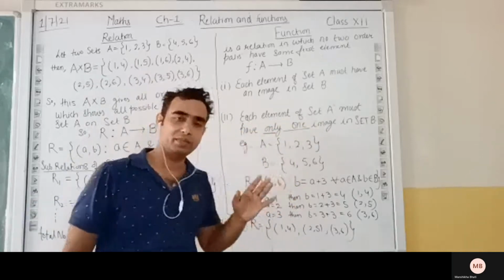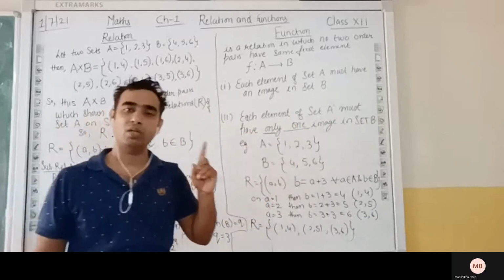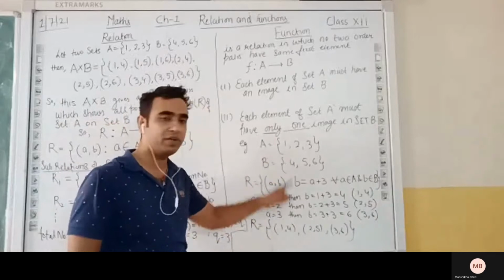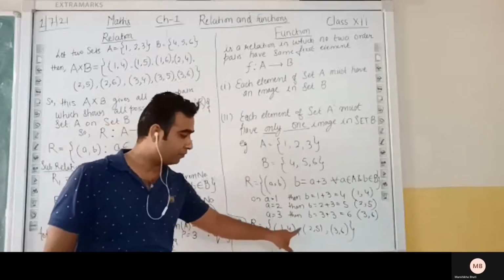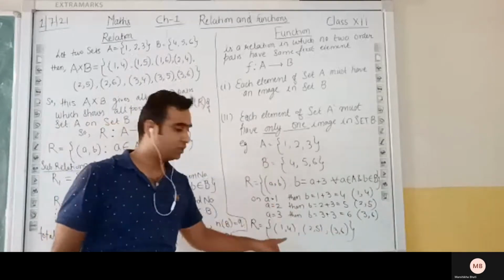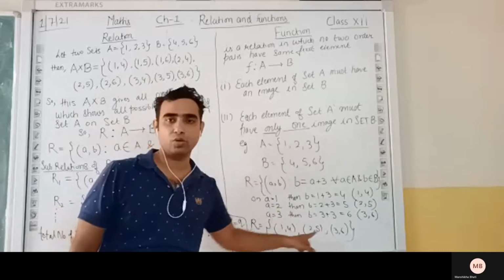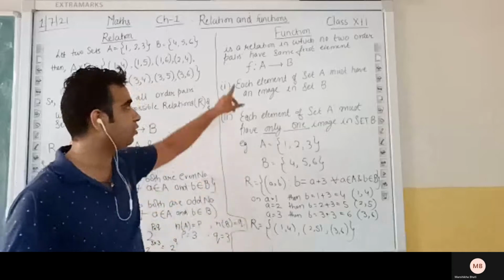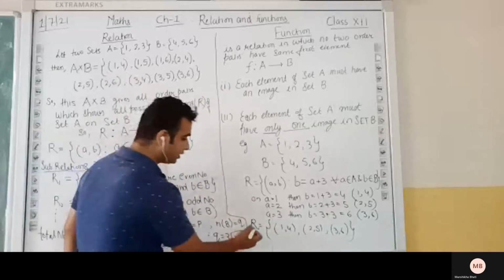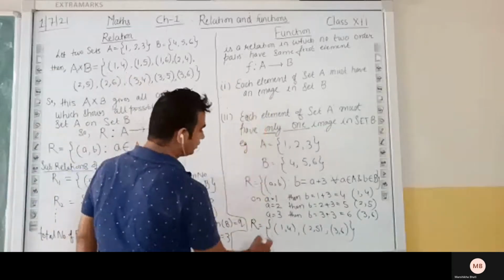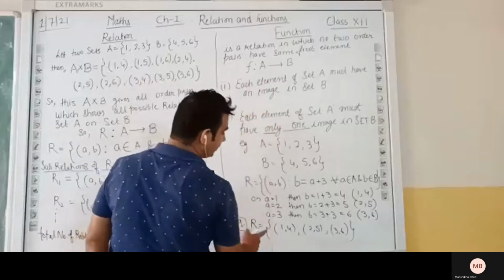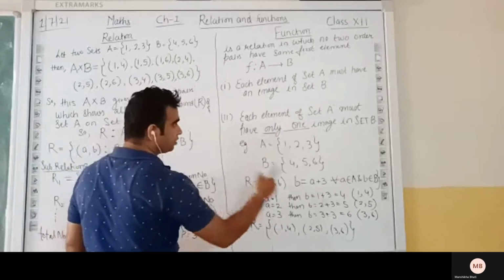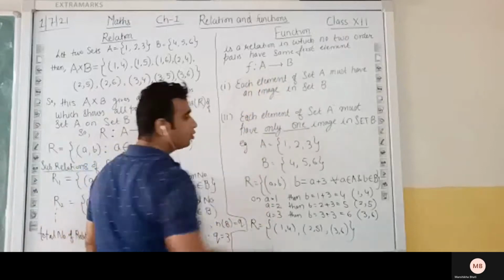सेट A के सारे एलिमेंट्स में से हर एलिमेंट जो है वो केवल और केवल एक ही इमेज बनाना चाहिए अपने सेट B के अंदर। So they are making only one image as the first element. यहाँ पे फर्स्ट एलिमेंट किसी का भी रिपीट नहीं हो रहा है। चेक करो, यहाँ पे किसी का भी ऑर्डर रहेगा, कोई भी फर्स्ट एलिमेंट रिपीट हो रहा है? नहीं हो रहा। So we can say this relation satisfies our function. So we can say this is a function f from A to B, then a relation which satisfies our function from A to B.